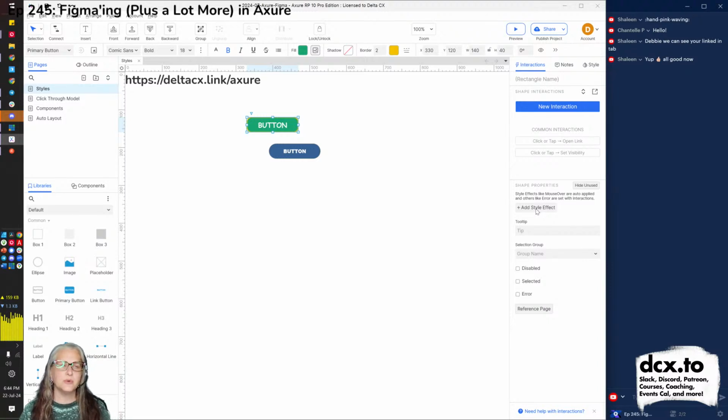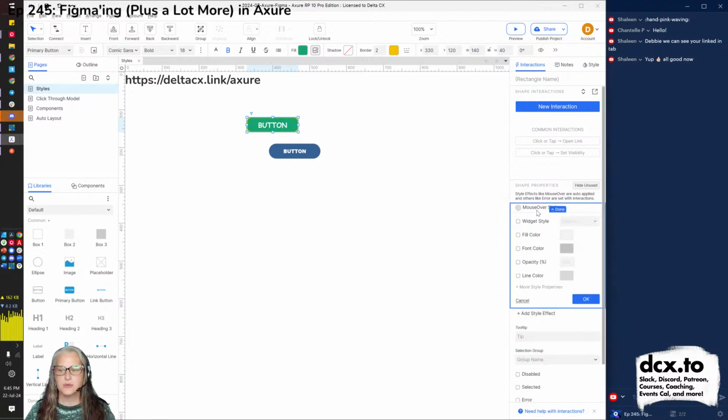So I think Figma calls these variants, but Axure calls these style effects because it's the effect of an action happening to a widget or a shape. So if I mouse over, and again, not great for accessibility or mobile, but let's pretend we believe in hovers, and I don't have to manually style it. I can pick from one of my global styles. We'll pick the Deb button.